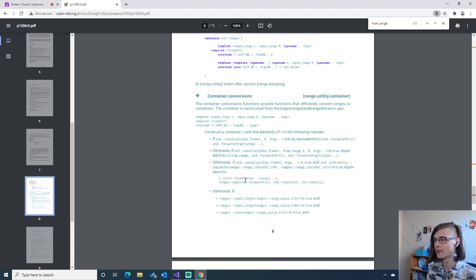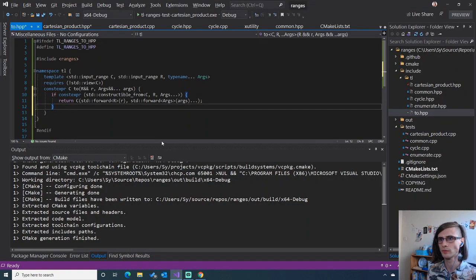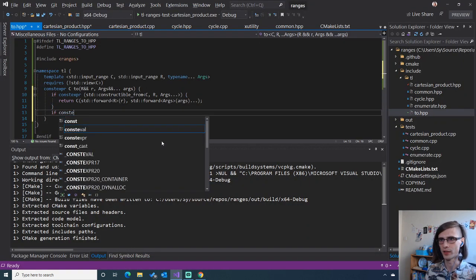So one thing I think we could do here as well is, this is constructing our C, and then it's doing a copy. But some containers will be able to call reserve on them to reserve the memory. So I think that's an optimization we can do. So I'll go and copy this for now. If constexpr,